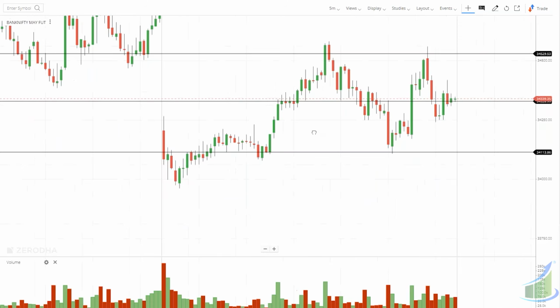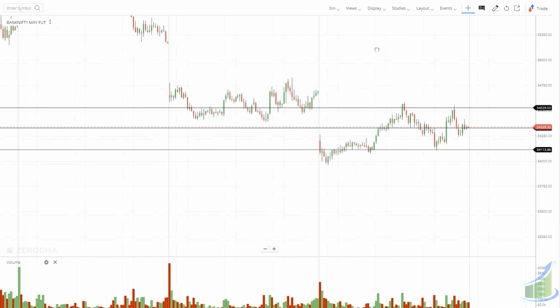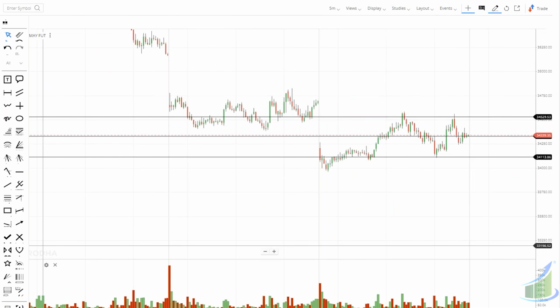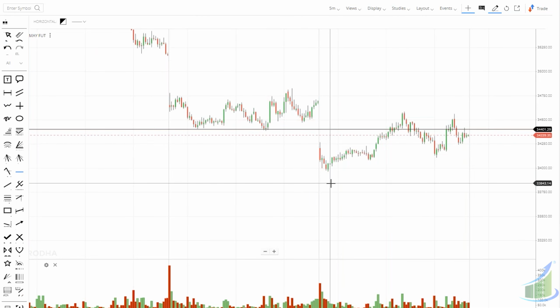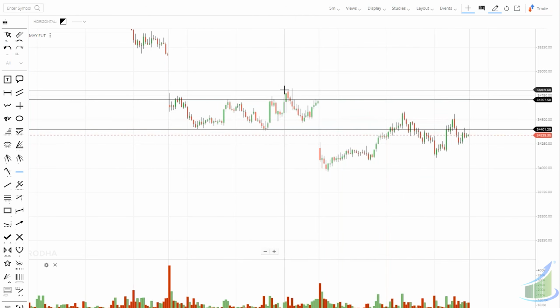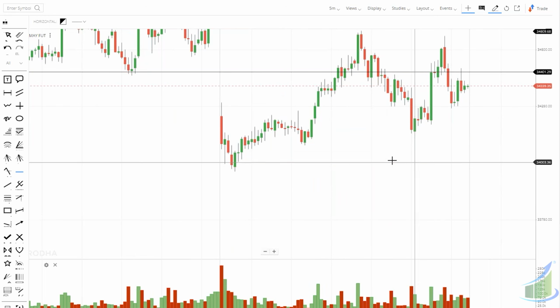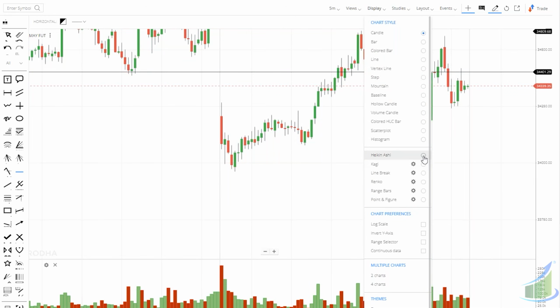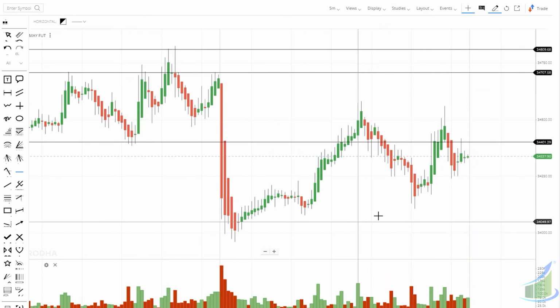Now you need to decide what is happening in the market, right? Definitely you need to mark important support and resistance levels from the previous day, right? This is the resistance zone, and mark the support and resistance. Now what you have to do is simply, instead of having the normal candles, use Heikin Ashi candles, right?